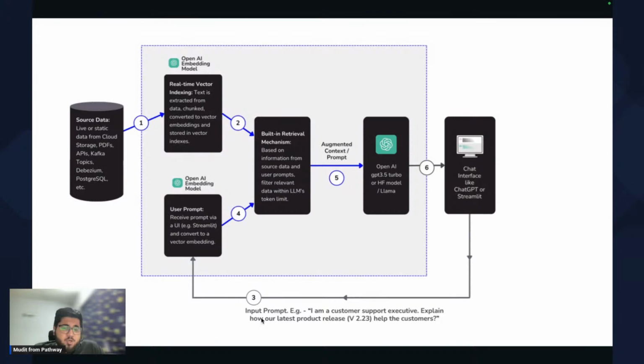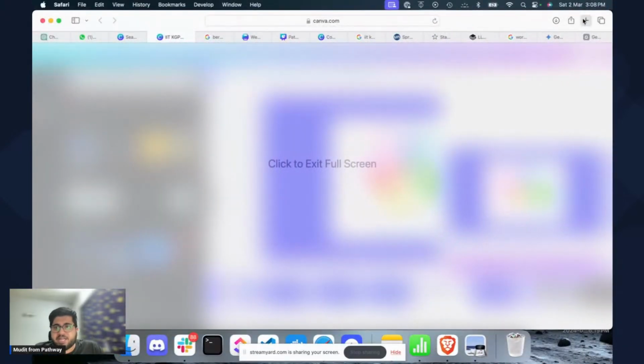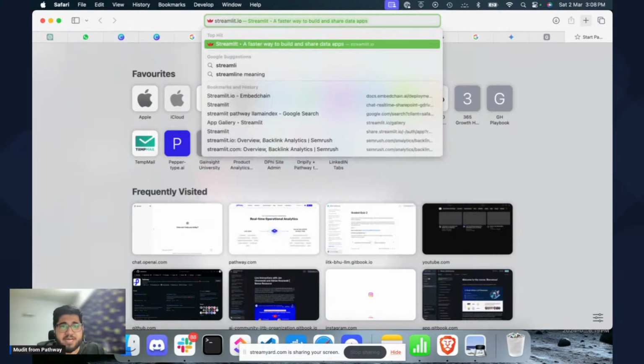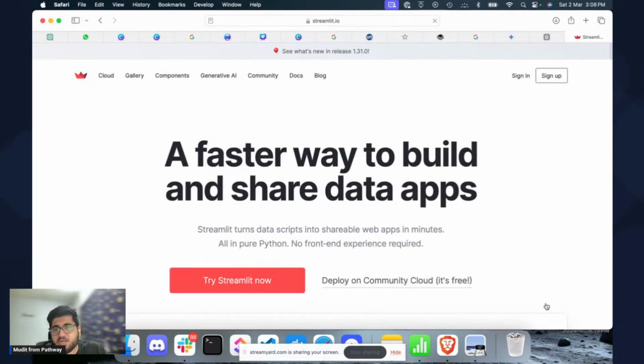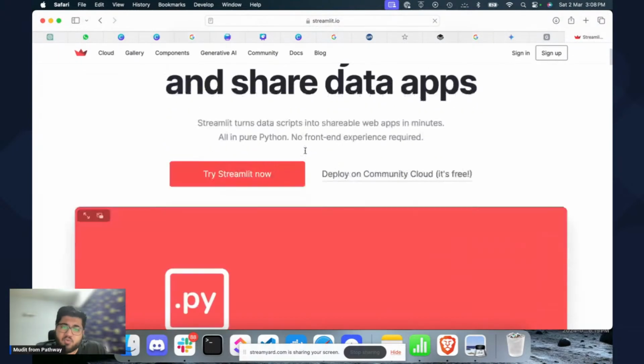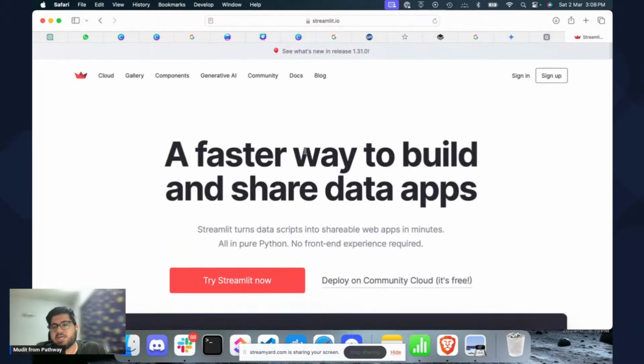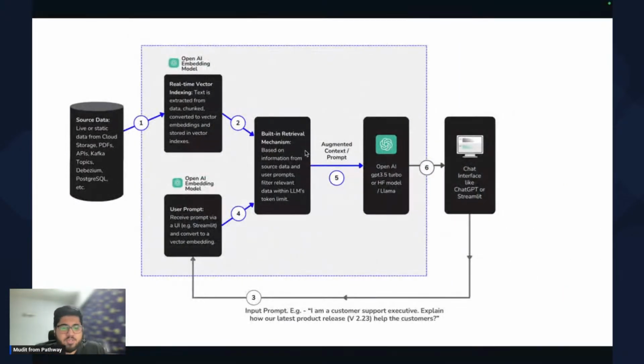So let's say as a user, you ask this particular question via a typical UI. The UI can be something like Streamlit. If you don't know what Streamlit is, by the way, Streamlit is an ultra popular tool used by data scientists for generating the UI for data applications. It's a Snowflake-owned product, quite popular. You should definitely check it out. It's also Pythonic in nature, so easy to use. Or even ChatGPT, let's say you have built something like that. You ask questions on that particular tool.